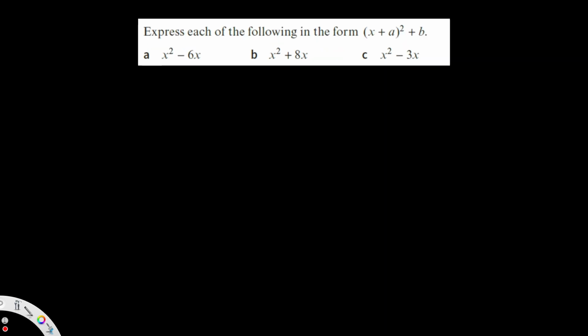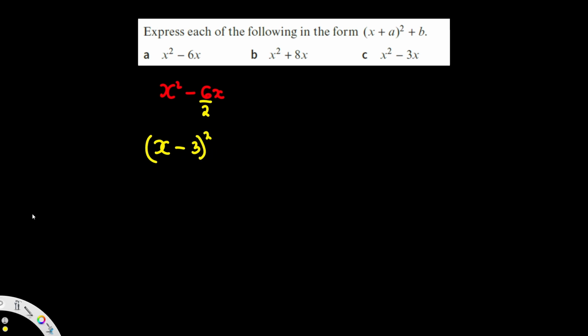Now, given a question to do with the completing the square method, like x squared minus 6x, what you need to remember is that you have to look at this digit here. You see it's minus 6, so it should be a half of this. A half of 6 is going to be 3, so it will be x minus 3